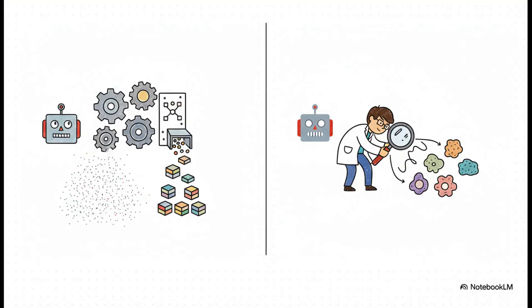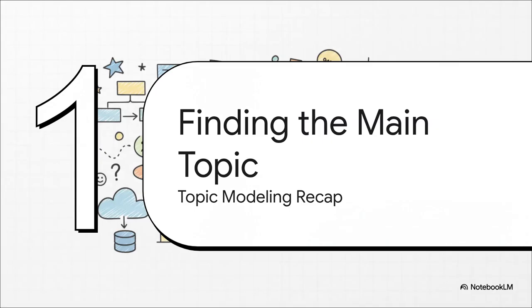Now, a quick but important point here. You might hear about something similar called thematic analysis, and it's easy to get them confused. Topic modeling, what we just talked about, is quantitative. It's algorithmic, perfect for huge datasets like those YouTube comments. Thematic analysis, on the other hand, is qualitative. It's human-driven, much more interpretive, and it's better for a deep dive on smaller sets of data, like maybe a handful of interviews.